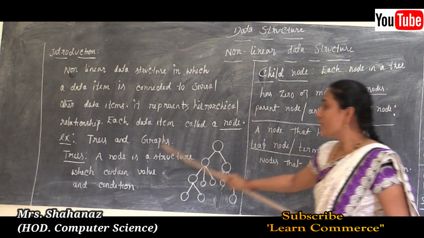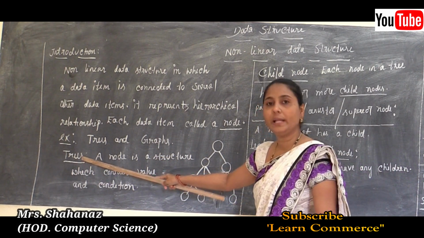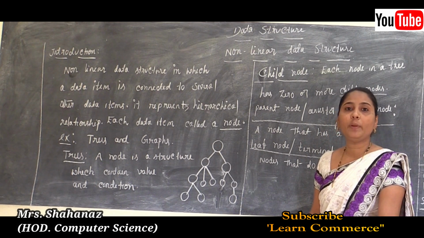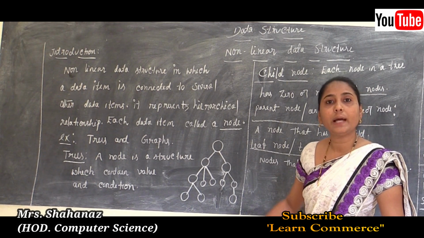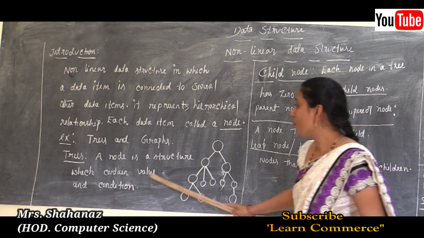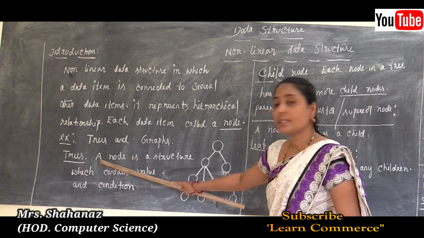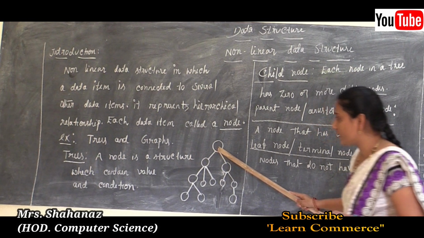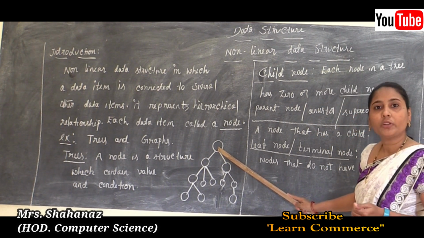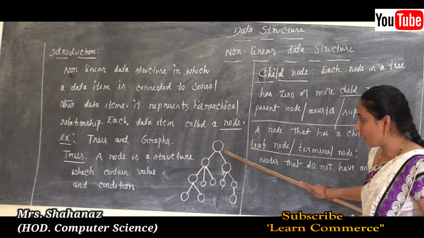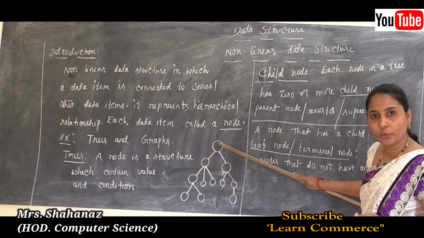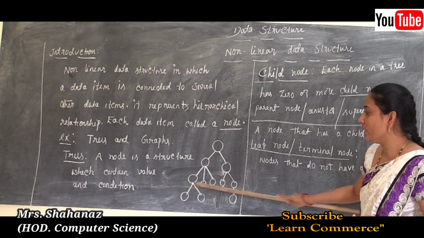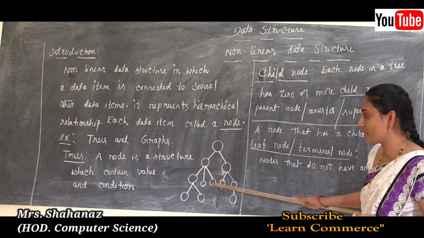Now let's see some important points about trees, because a tree is an example of a non-linear data structure. Such a tree consists of nodes. I already showed the example for trees, and this is the suitable example. This one is called the root node, then this one is called the child node, and all the next ones are the child nodes in this case.